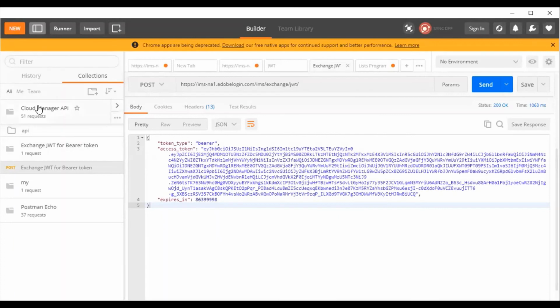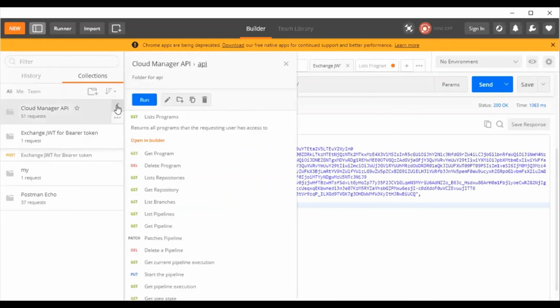You can see there is a Cloud Manager API section, and there are different APIs available. The APIs are like get program, delete program, list repositories, get repository, list branches, list pipeline, get pipeline. Now all the APIs related to Cloud Manager are available here. So I'll go for get program.